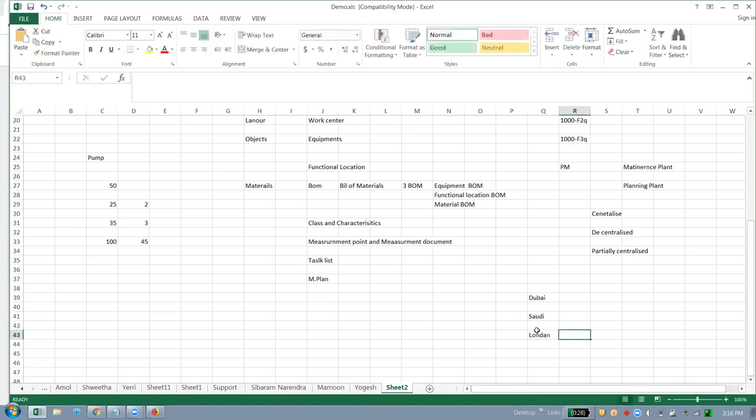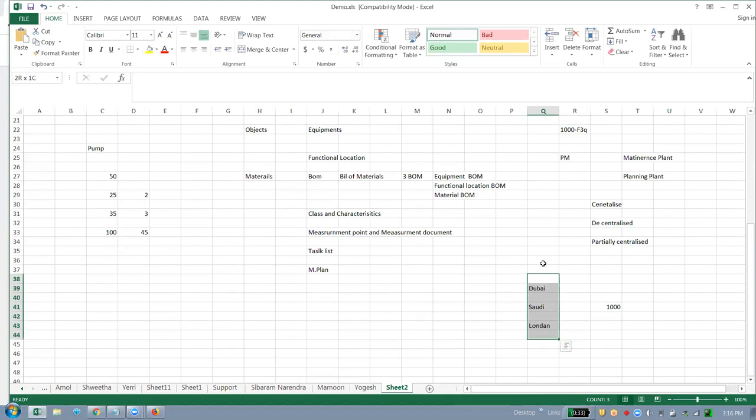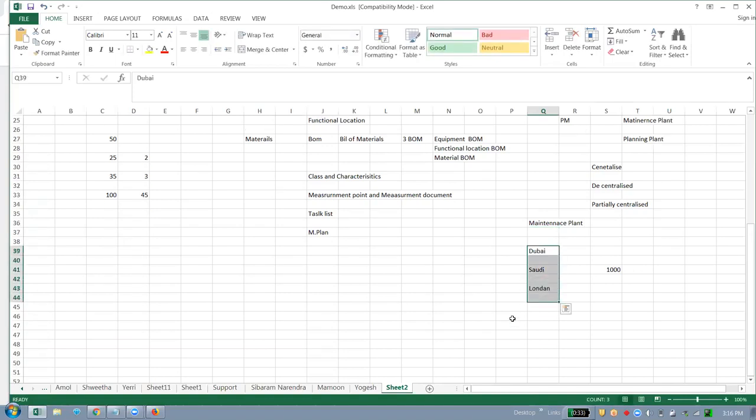All have the same business process, that is car manufacturing. So I will create a common plant here as the planning plant. One planning plant will be used for all the other plants. These are called maintenance plants, as only maintenance is carried out here.